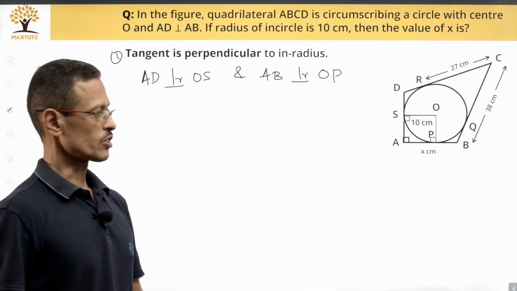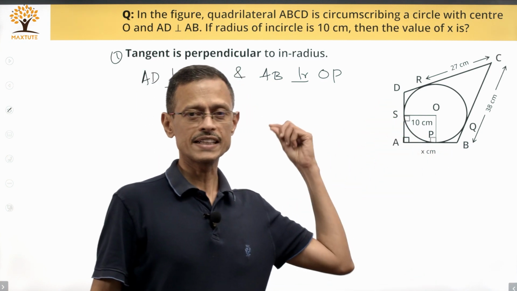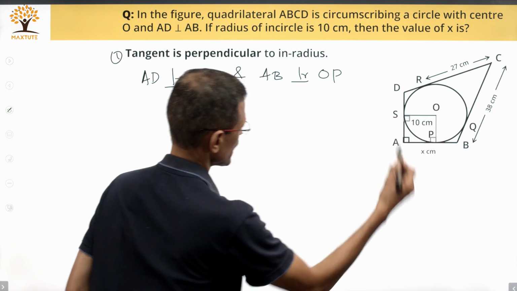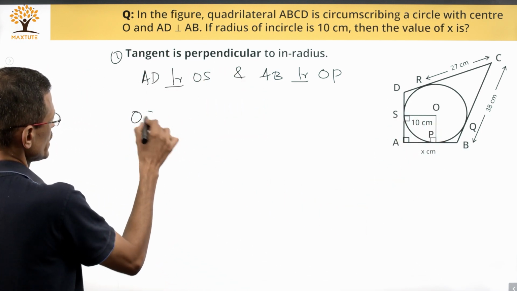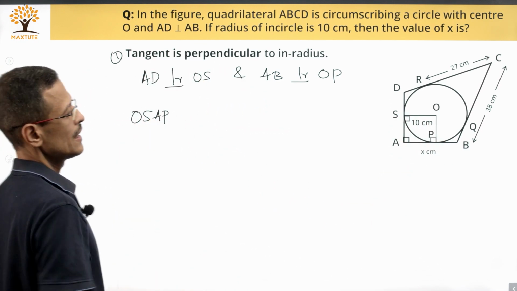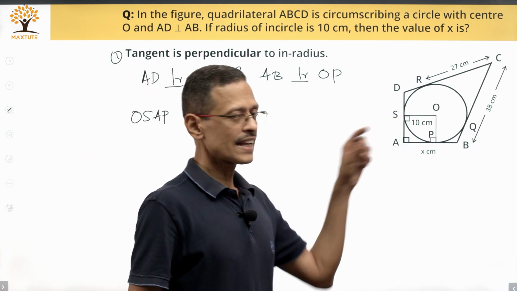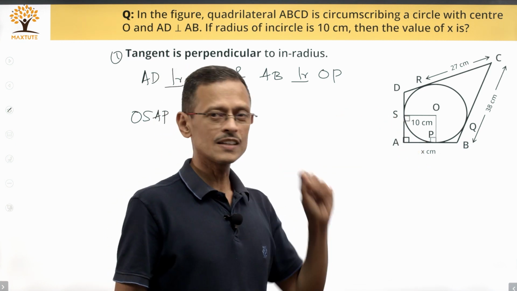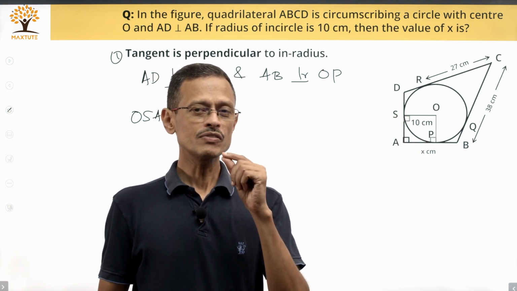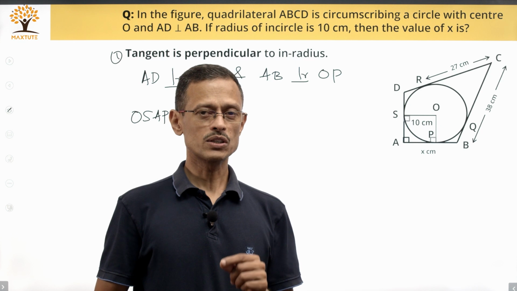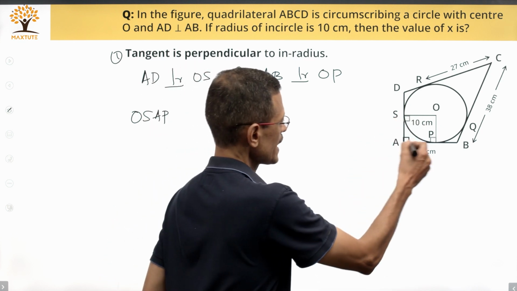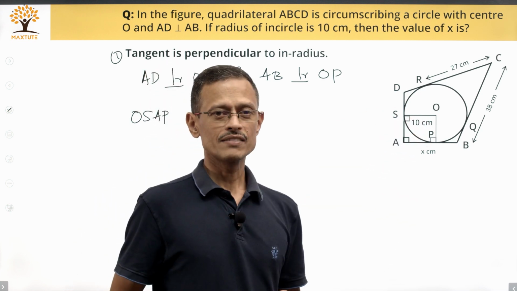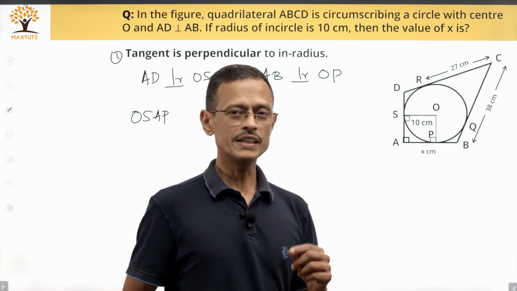So, these two we have established. So, we found these 2 angles to be equal to 90 degrees using this property. I am going to take a look at this particular quadrilateral, which is OSAP. OSAP is a quadrilateral, and in this quadrilateral 3 interior angles have been found out. One is given as 90 degrees in the question. We deduced S and P to be equal to 90 degrees. Sum of the interior angles of any quadrilateral is equal to 360 degrees. These 3 angles add up to 3 times 90, which is 270, which means the 4th angle, which is angle SOP, will also be equal to 90 degrees.